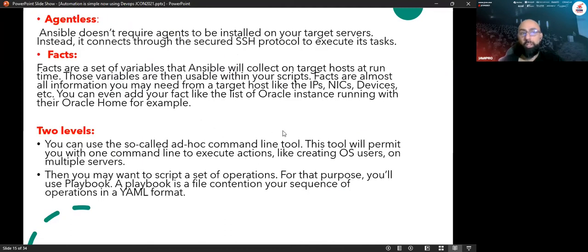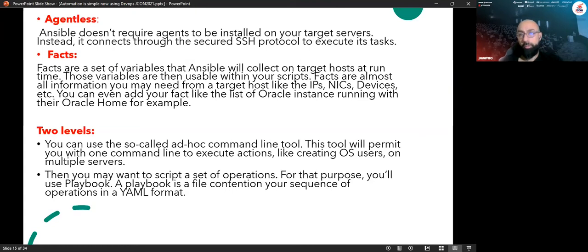The powerful thing about Ansible is that it is agentless. So you don't have to install any agent at all when using Ansible. There are a couple of concepts you will hear about, for example playbook. You're going to hear about roles, and about variables as well. Each one of them has a different approach. We're going to talk about them later.